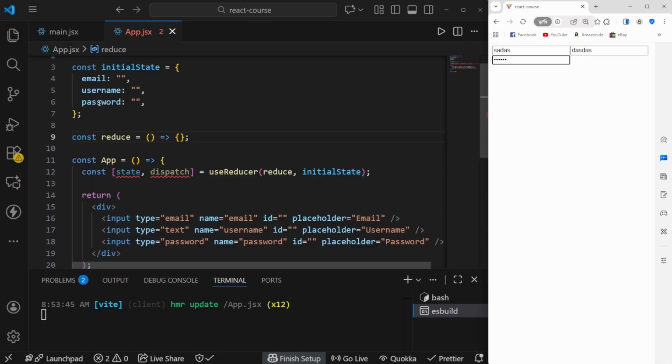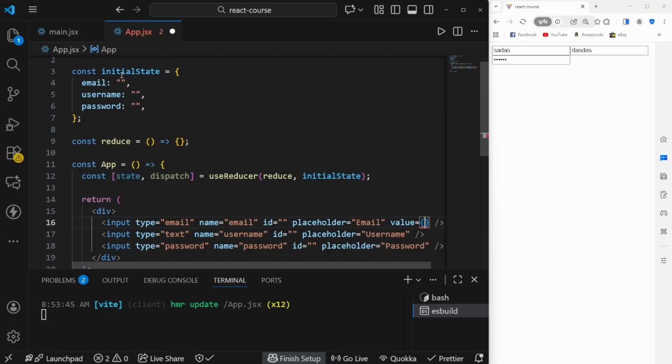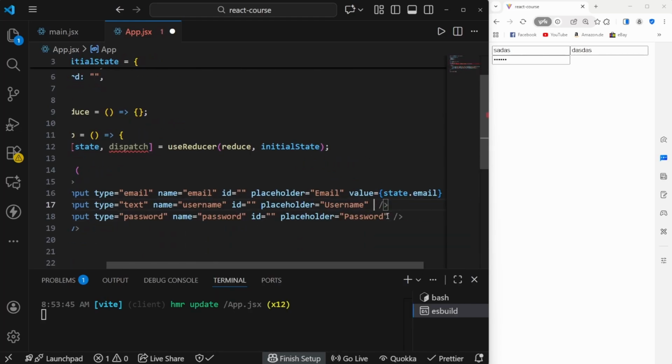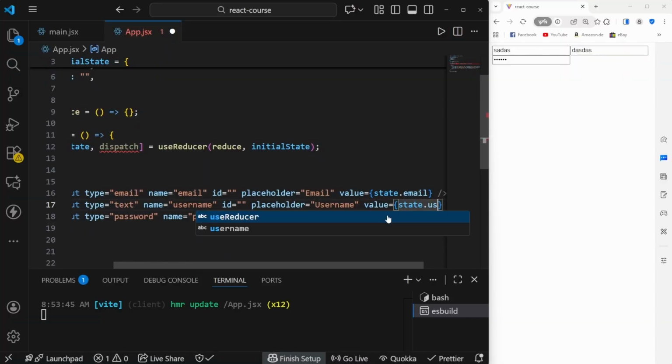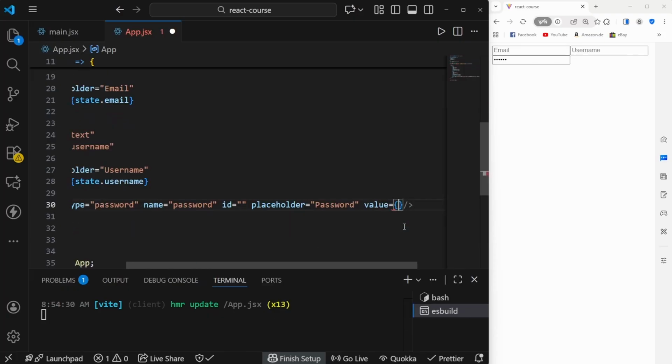So let's first of all say that this value right here, so the value inside of our email field, for example, is going to be equal to state. What is our state? Our state will get initialized with our initial state right here. So our state right now is just this object right here. So we can access our email by saying state.email, for example. So our value is going to be equal to state.email. Now the value for our username is going to be value being equal to state.username, like so. And for the password, we have to say value is going to be equal to